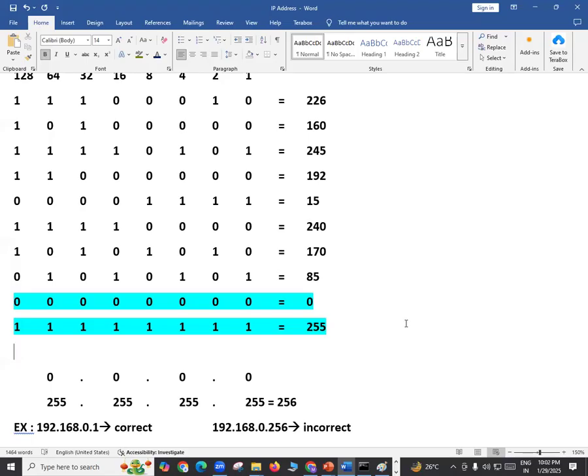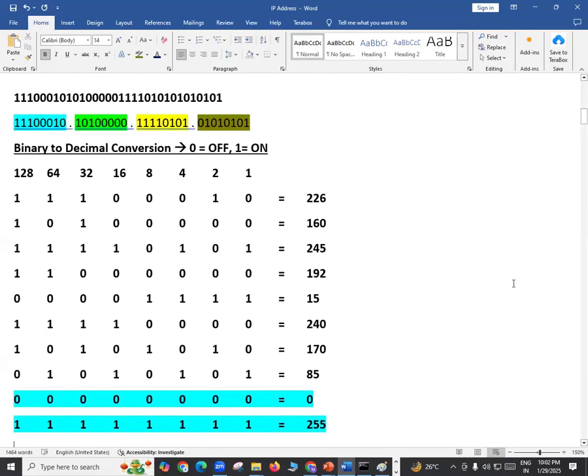And you can interact with me through the chat box and you can share your answers. I can share my answers. We'll just try to keep these sessions more interactive, so that you can learn concepts in a much better way. Okay, so as of now, this much is enough for the day and the IP version 4 concepts.